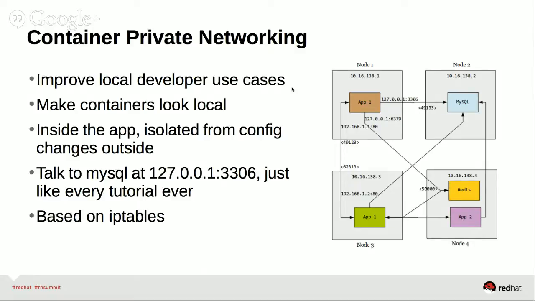And so I'll show a demo of this in just a minute, but one of the things that we want to do is take the concepts that are already in Docker, where you have this container and it has its own network address that's isolated from the rest of the system, and then fiddle around with it so that we can say, inside your container, inside your gear, inside your Docker image, whichever way you want to call it, the local address for accessing MySQL is pointing to another container, but you don't have to know about it. So to get this benefit, you have these apps and they talk to these other containers, but it's really fiddly to configure. Instead of doing a bunch of magic inside the container, instead of you having to use an environment variable or use a service discovery system like etcd, even though those are all great ways to solve the problem,